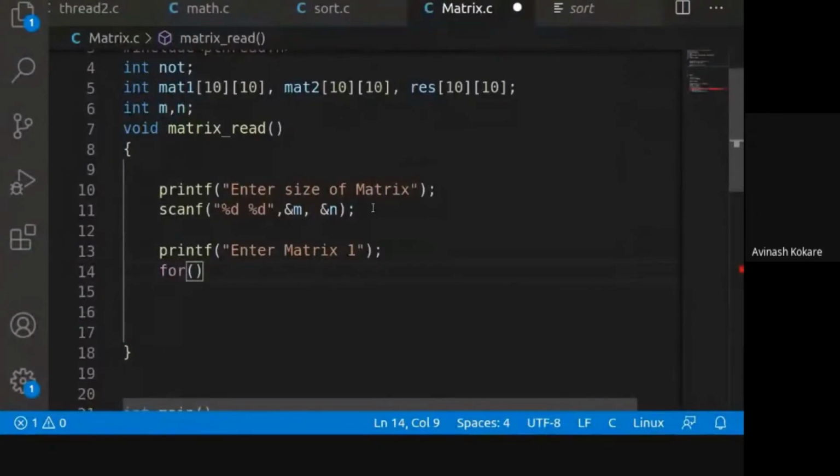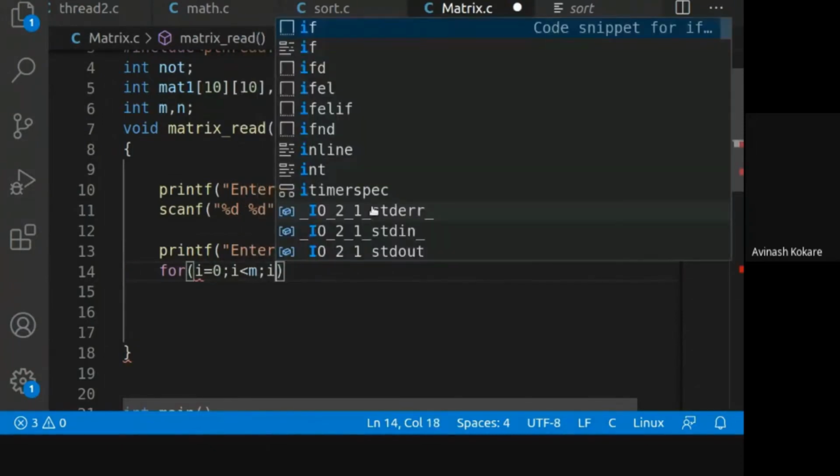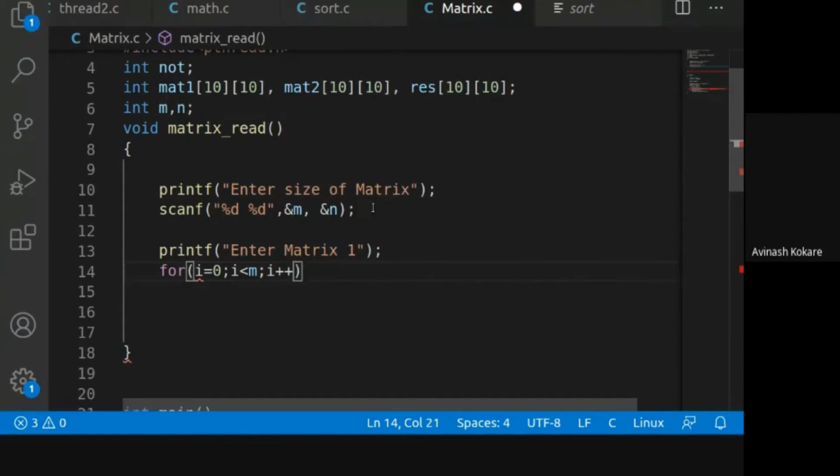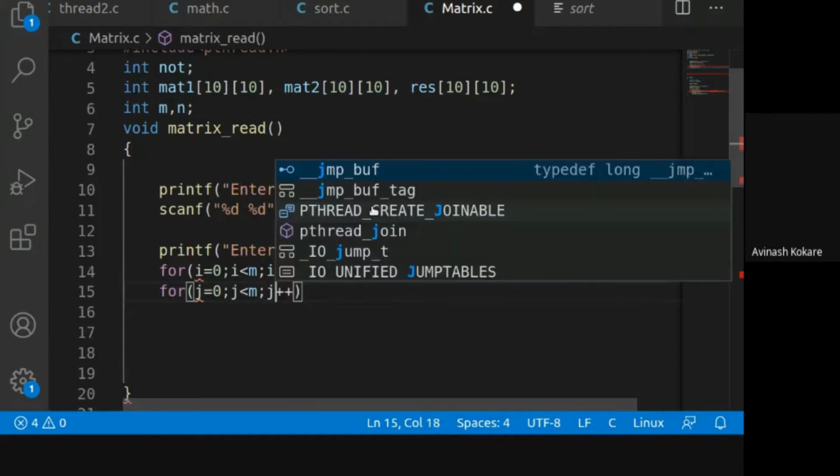For i equals to 0, i less than m, i plus plus. Let me scan the same loop here. For j equals to 0, j less than m, j plus plus.